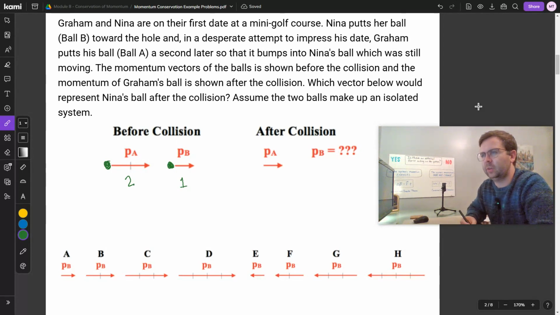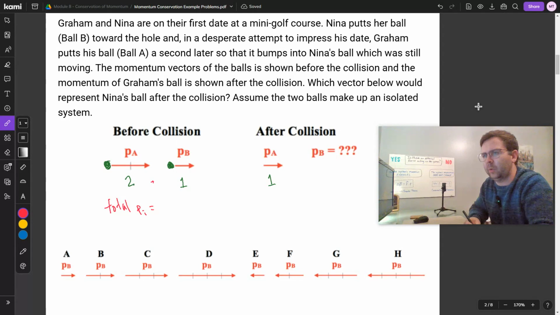Now, after the collision, ball A has a momentum of 1, and we don't know what the momentum of ball B is after the collision. But if you remember the law of momentum conservation, as long as these two balls are in an isolated system, then their momentum can pass back and forth between each other, but the momentum is never lost, it never goes away. So the total momentum before the collision, I'm going to write total P_i, total initial momentum here,